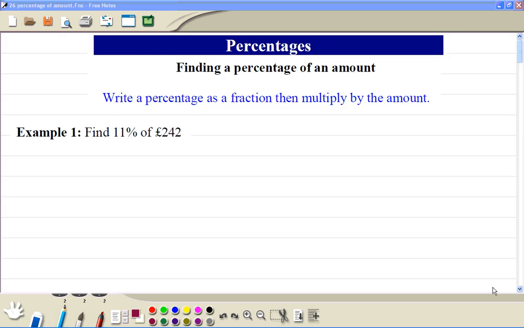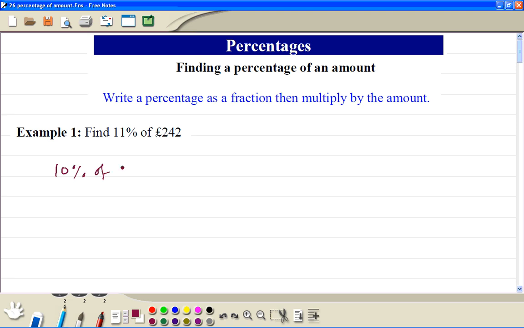Percentages. Finding a percentage of an amount. Let's do this example 1. So we want to find 11% of 242. One method, we can find 10% first. So we write here 10%